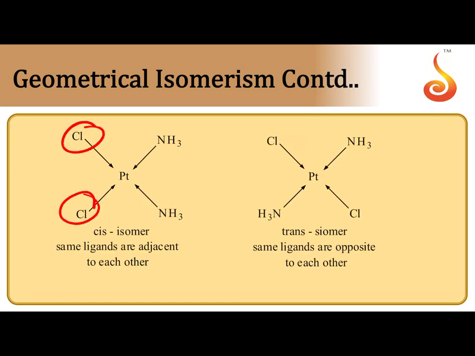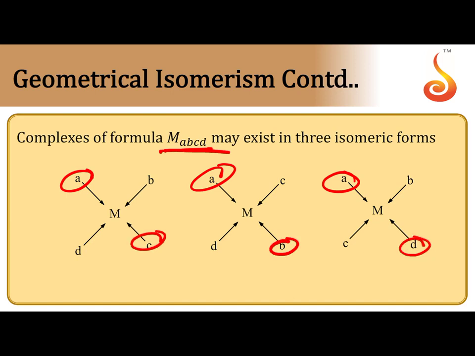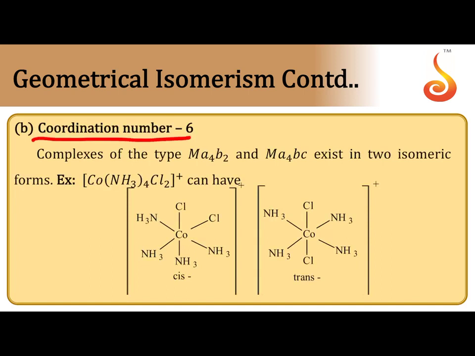If you take MA2B2, here two chlorines are closer to each other with bond angle 90 degrees, square planar, but in the next one, two identical ligands are far away from one another, the angle is 180 degrees. So due to difference in the distance or angle between two identical ligands, we can say cis isomer and trans isomer. Similarly, MABCD, so you keep the A constant and keep on changing the opposite one, you can get three types of isomers. Next, with coordination number 6, MA4B2 or